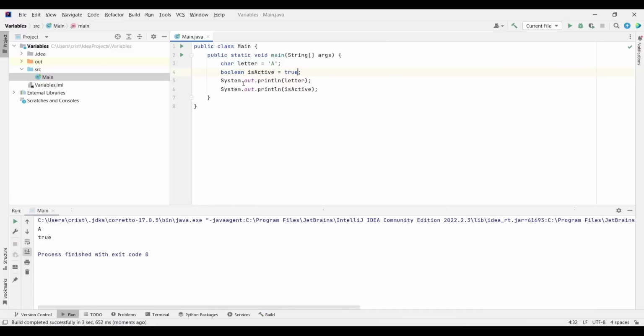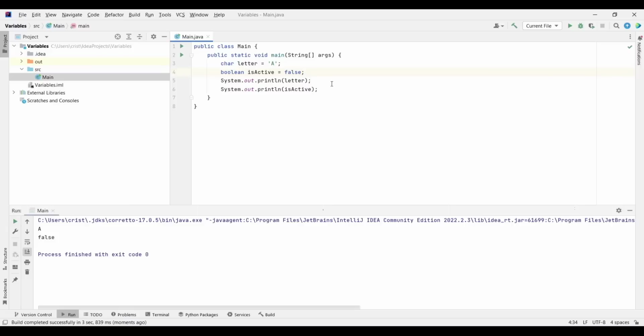If I put false, if I run the code now, we get false because now our variable itself has the value false. So this is the Boolean data type, and this is very, very useful in your code, as you'll see. You'll use it in almost any piece of code that you're gonna write. You are going to deal with Boolean data types.